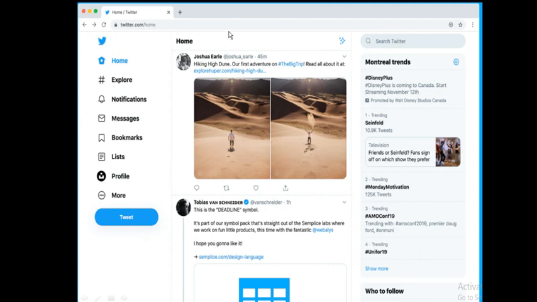Now I have taken the home page of Twitter, and you can see this web page is made up of n number of elements. This page is divided into 3 columns, 1, 2, 3, and you can see that here there are contents and here there are different icons, and the contents are of different colors. Here it is blue, here it is black. Here you have the main heading, this is the subheading, this is a paragraph, and here you have images, and here also the content is of different formats. So web pages consist of n number of different elements, and HTML will help us to create all these elements of a web page.